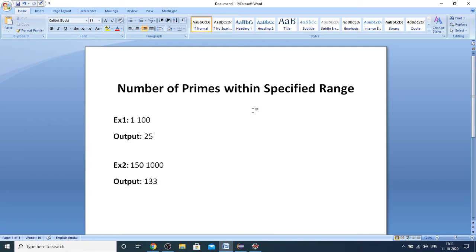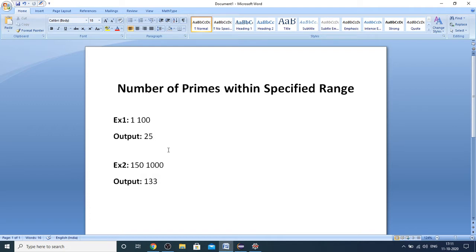So I have taken two of the example test cases. As you can see, in example 1, the starting number is 1 and the ending number is 100. Including this 1 and 100, we are supposed to return the total number of prime numbers within this range.